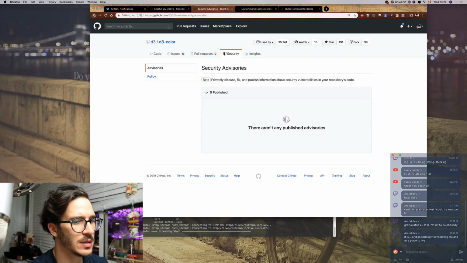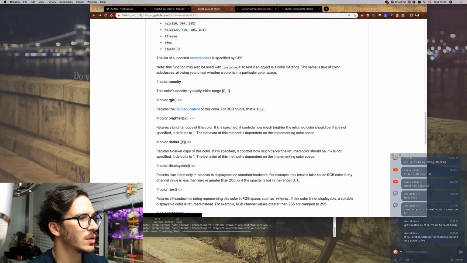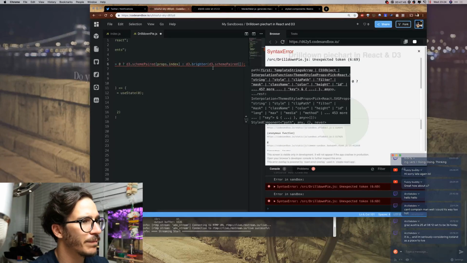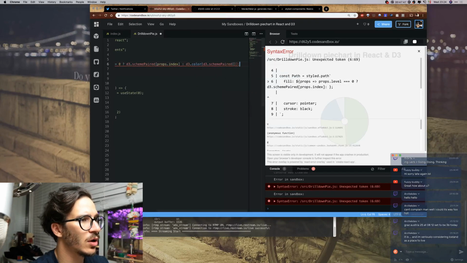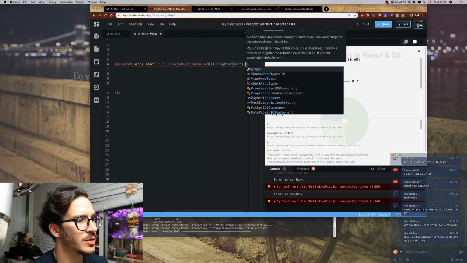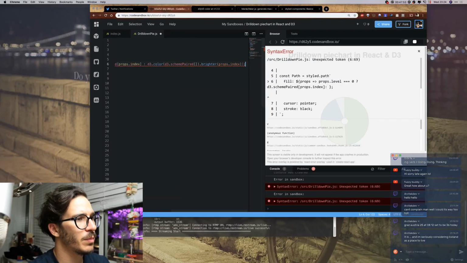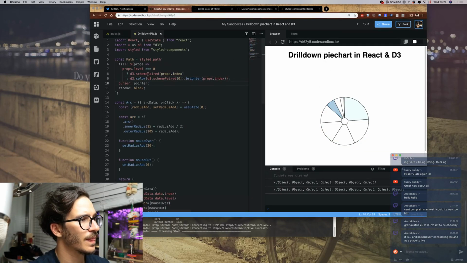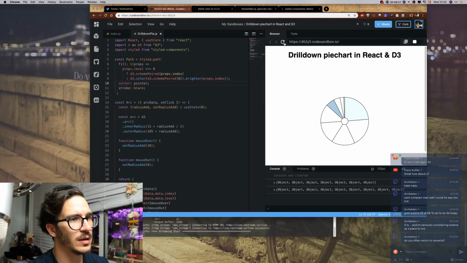Let's see if there's an example that I can use. So color rgb d3.color. Okay, so d3.color, then we say brighter by props.index, but let's give it the 0th one first. If props level is 0,